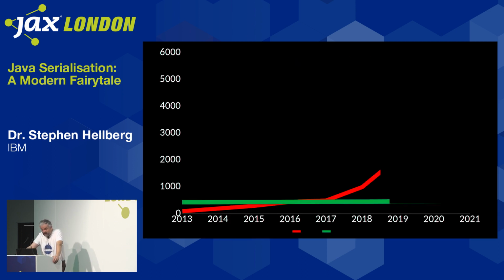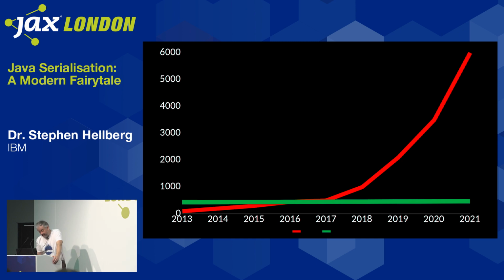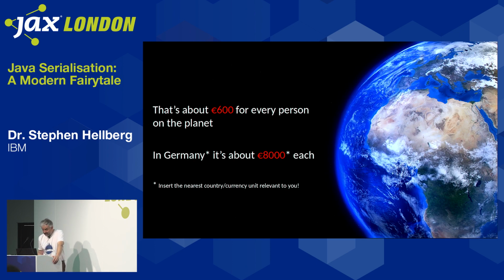So this was the kind of shape of predictions of the scale and size of cybercrime. The green line there is the drug trade, which in some sense has lots of physical aspects to its problems. But the growth in the cybercrime area, at least, is of that sort of shape. Whether the actual values are quite right, you can debate, because of course it's a bit harder to work it out. But to put that in context, basically,